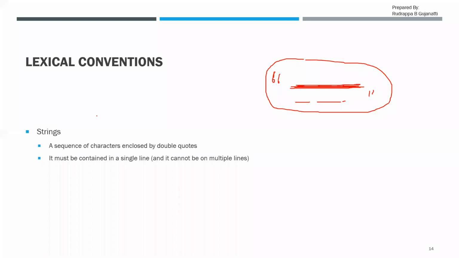We have some certain conditions wherein we can check those also. Then how can I represent such strings if some special characters have to be put in? Suppose I have backslash n. How do I represent that? Those are called escape sequences. So how do I insert escape sequences? Those are some special conditions that come in. Just as in C programming, you have some mechanisms to introduce those kinds of things in this case also.